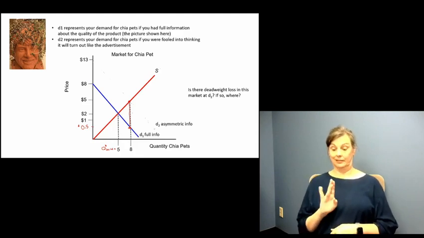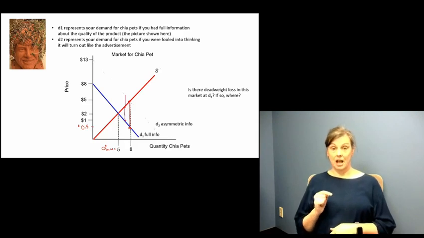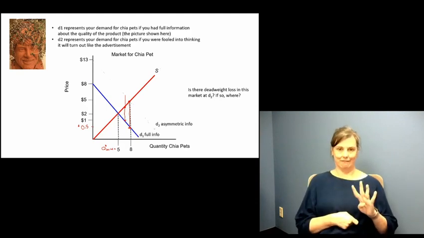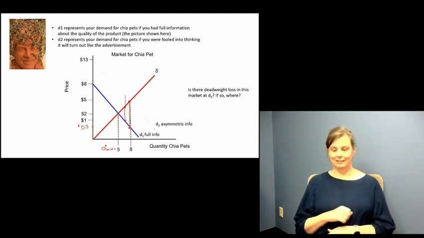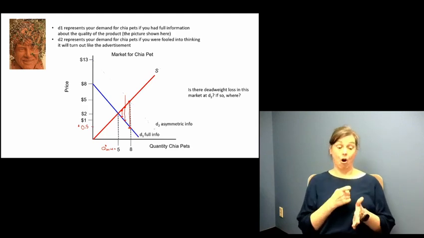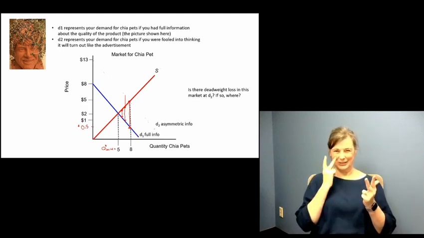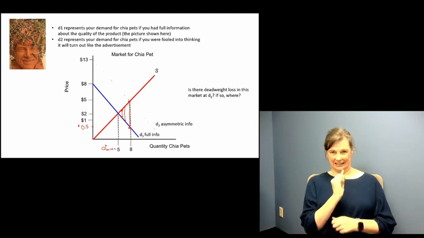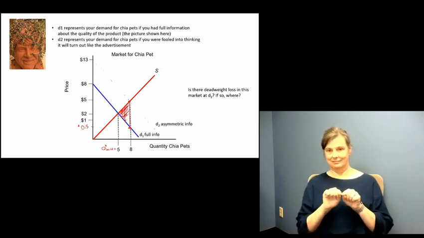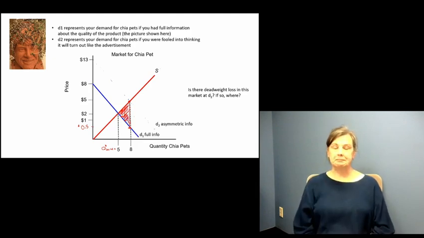The 7th chia pet, similarly, we value at $1, but it would cost us, let's say, $4. And the 6th chia pet, we benefit at, let's say, $1.50, but it costs us $3. And so these lines here are showing us the area that would correspond to deadweight loss as a result of consuming 8 chia pets